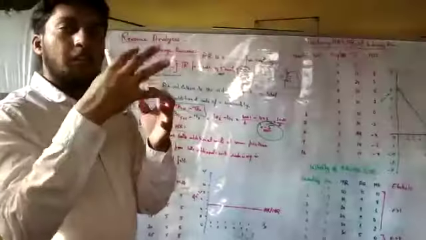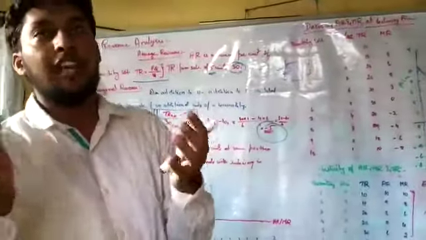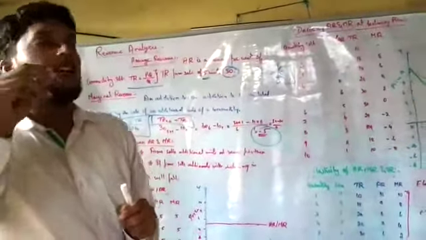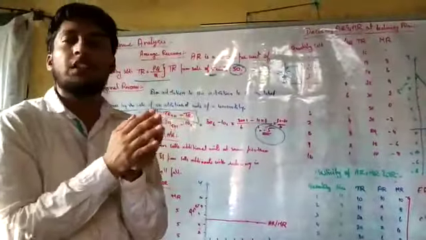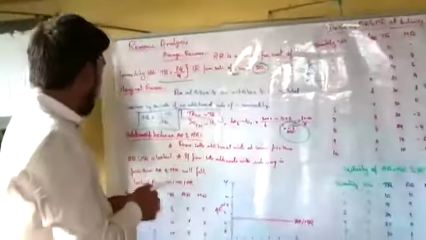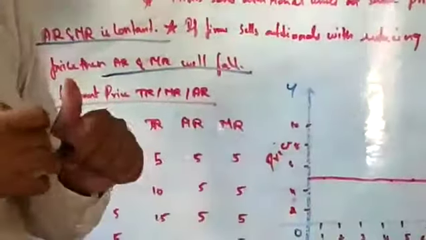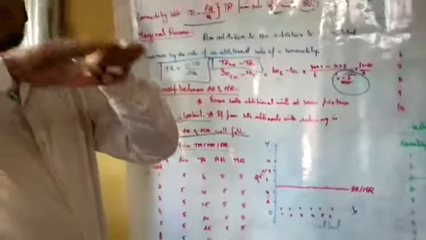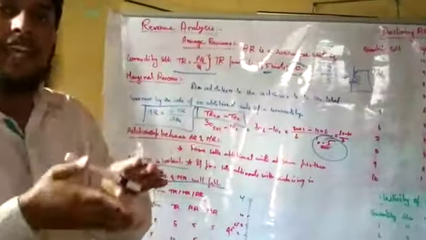When the firm is selling a commodity, any commodity, and the price is the same. For example, there is a company, Lava. The Lava company is selling mobiles. Then they are selling extra units. They had sold 10,000 units, but now they are selling 10,500 units, and the price remains the same. What happened? The AR and MR will remain constant. If they are selling additional units and the price is reducing, what happened? AR and MR will fall. If the price is the same, there will be the same AR and MR. If price is increasing, AR and MR will be increasing. If price is decreasing, AR and MR will also decrease.